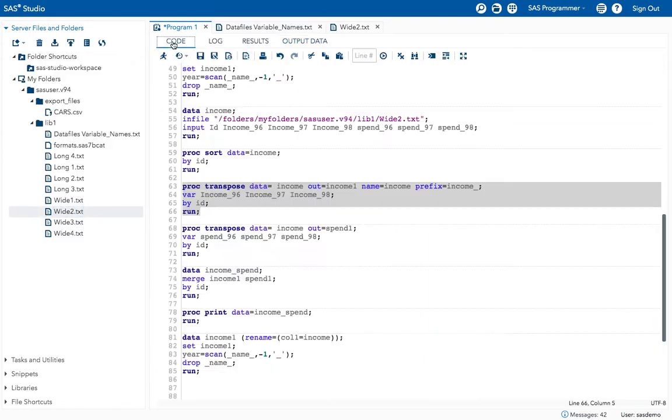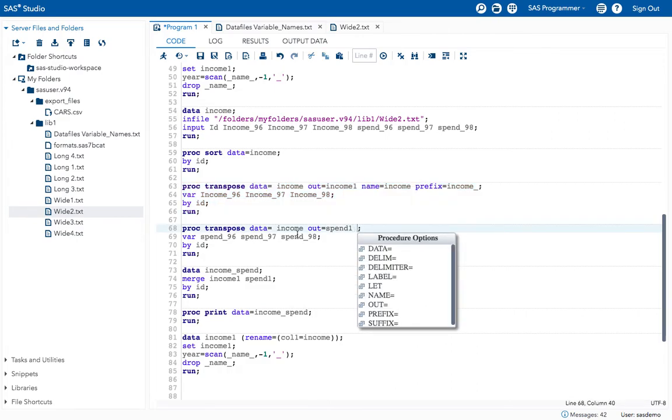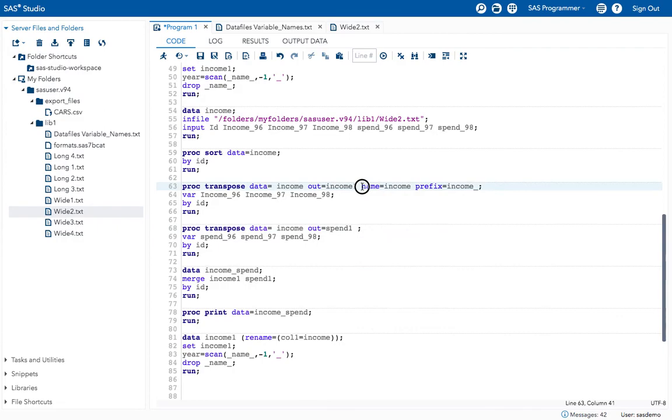Like that, change the variable names for the second proc transpose also. I'm copying the same. Here I will give spend, and here I will give spend underscore.